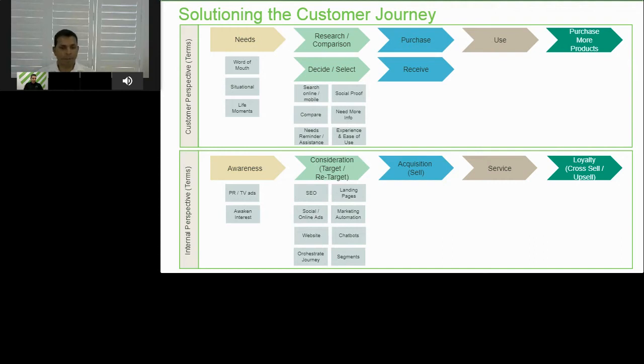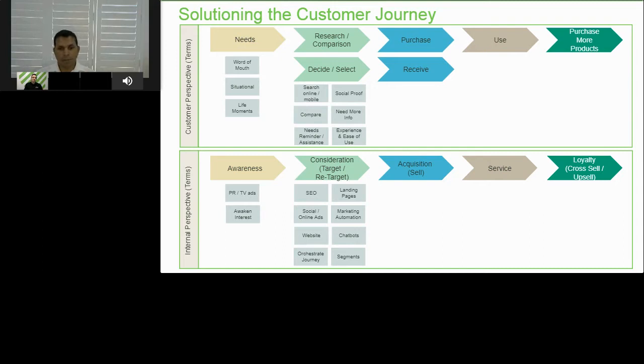That's typical behavior. It was the same 10 years ago when people used newspapers to search for something. It's still the same in the digital world. That's the social behavior around being able to search and compare products, and also find some sort of social proof that what they are buying compares well with other products. And the company that's selling also has a reputation around its goods, products, and services.